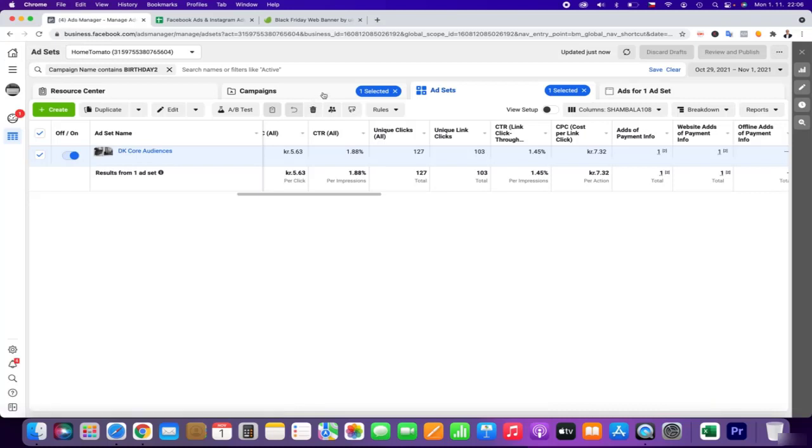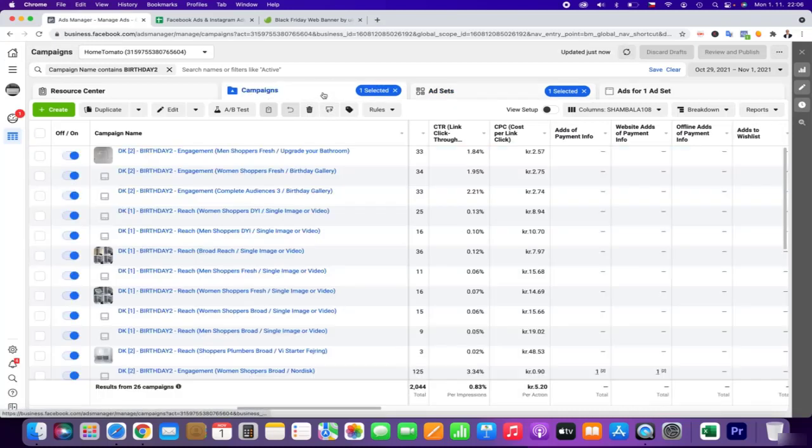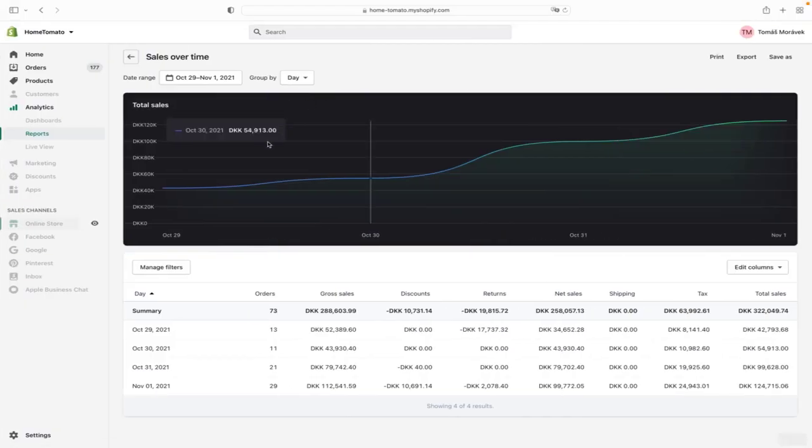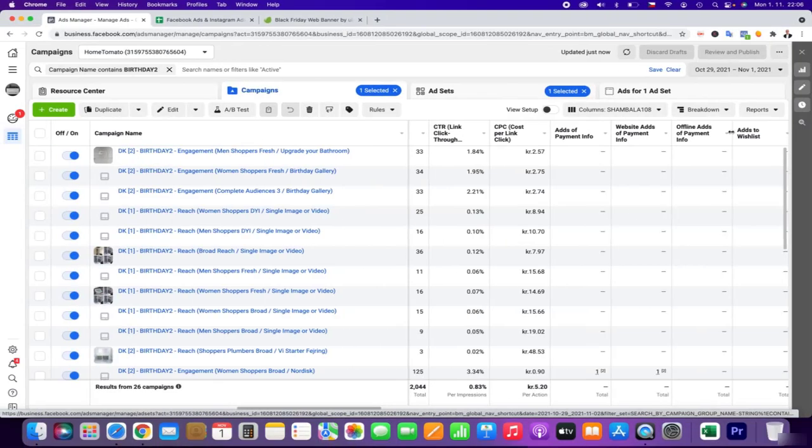So basically, you know the best that you have been really doing well when you see a positive approach in your e-commerce account, because you have to follow up a little bit what you see and then connect it with the ad account.